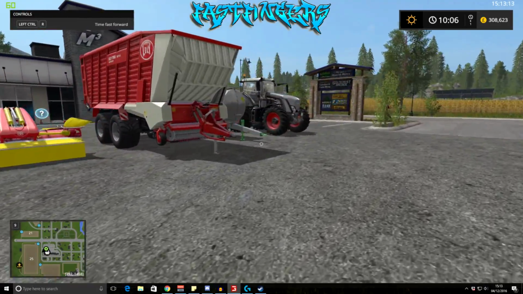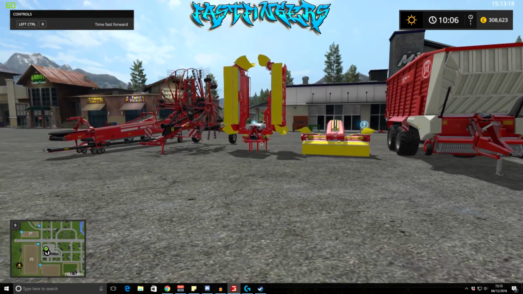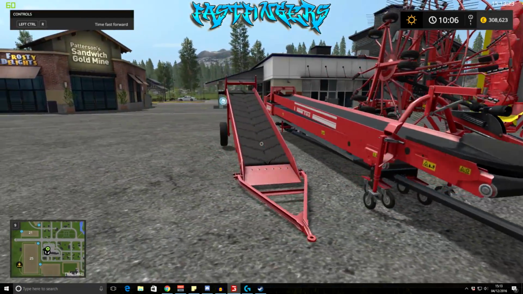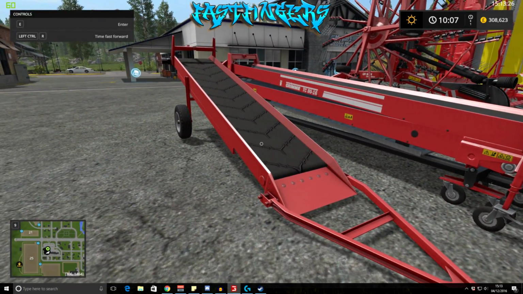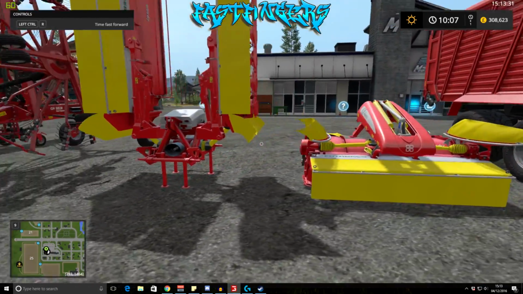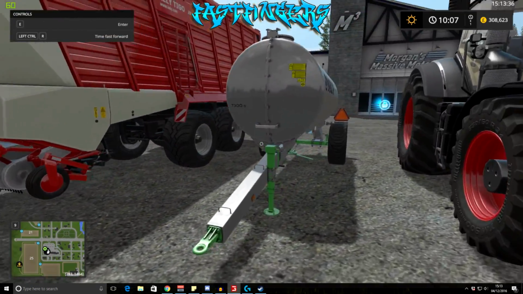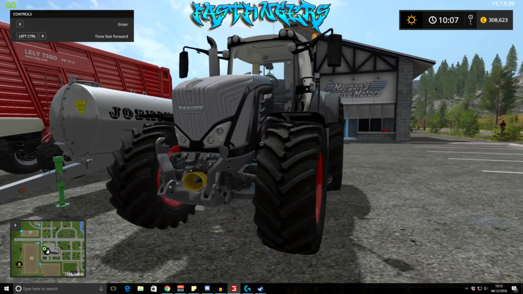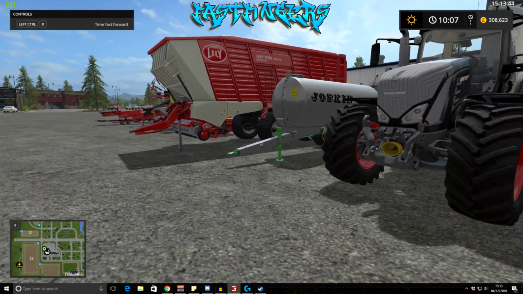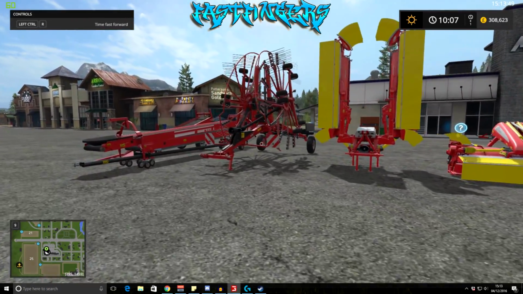Right, guys, so this is the equipment that we're going to need. All this has been leased, so we're going to have to make some money to basically keep up with the payments on it. So we've got the little grimme conveyor here, and the bigger one, the one that bends in the middle. We've got a windrower. We've got a pair of Pöttinger mowers, the Lely loader wagon, the Joskin water tank, and the Fendt 939 Black Edition, which is obviously the collector's edition or whatever it is that came with the game if you pre-ordered it. So what I'm going to do now is I'm going to set up all this equipment